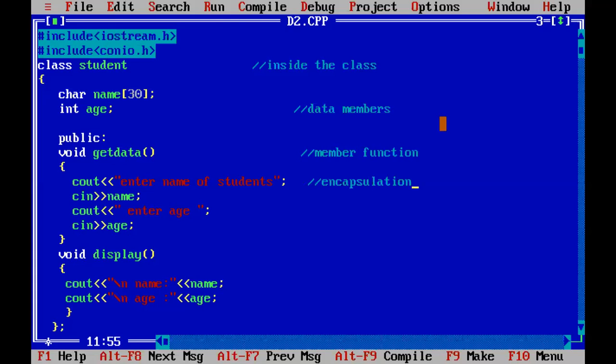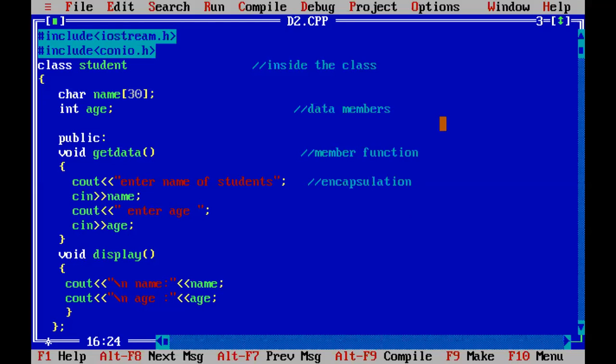Now we'll move further. Here I am taking the first function, which is void get data. Get means to take inputs of the data members. I am taking two inputs, like name and age. Next I want to print the data, so for this I am mentioning the name of the function, which is display.